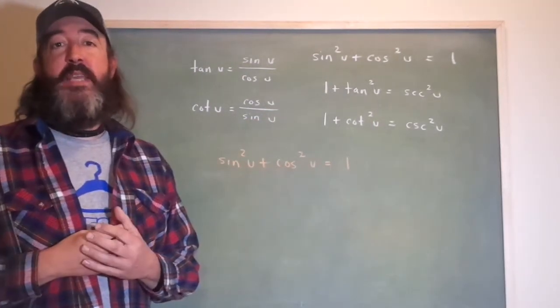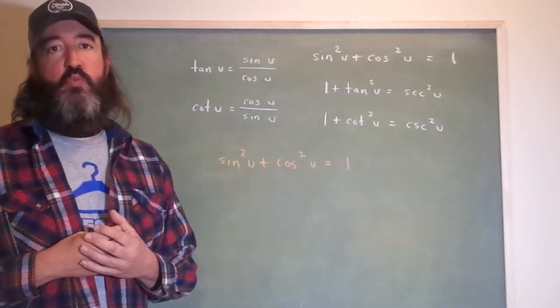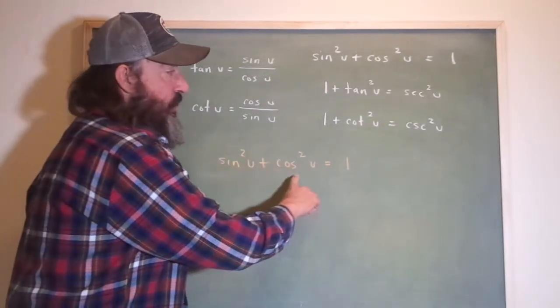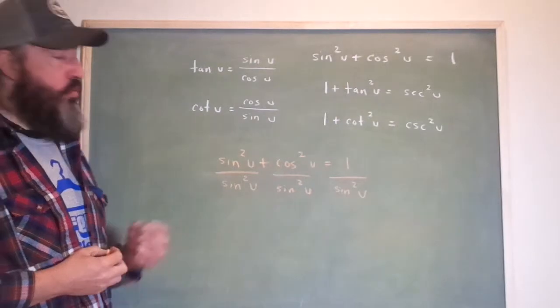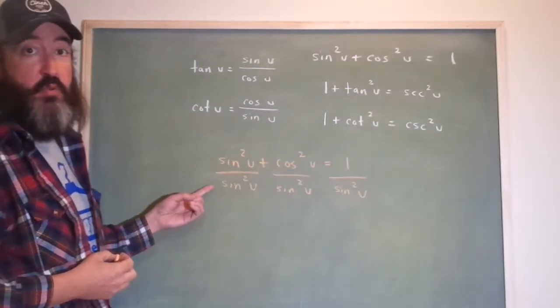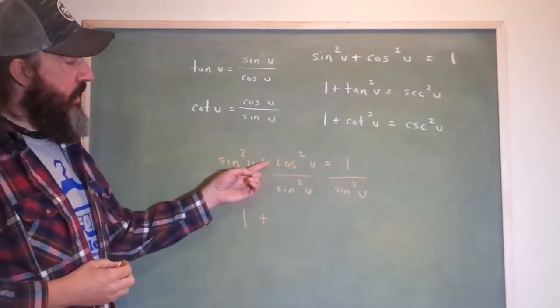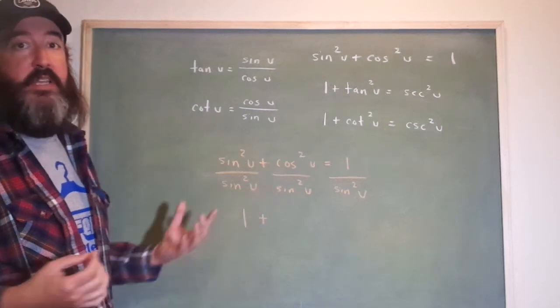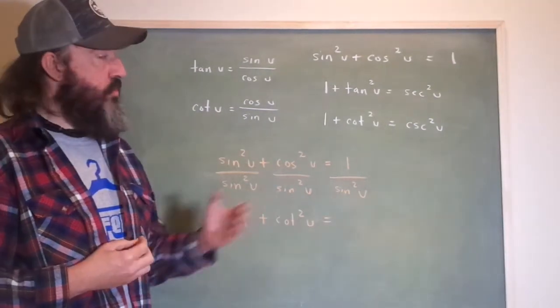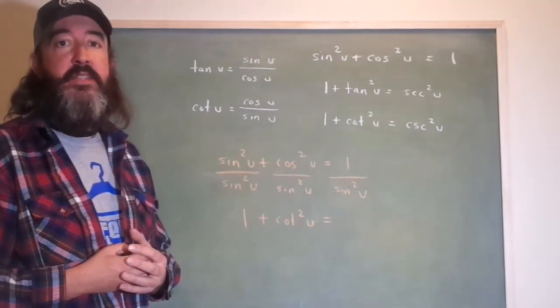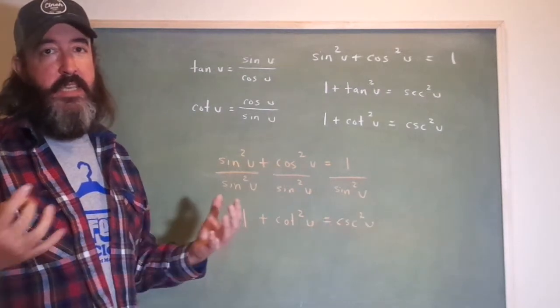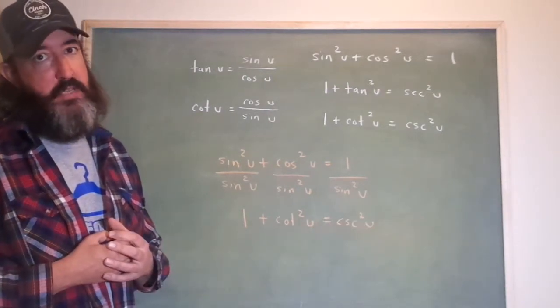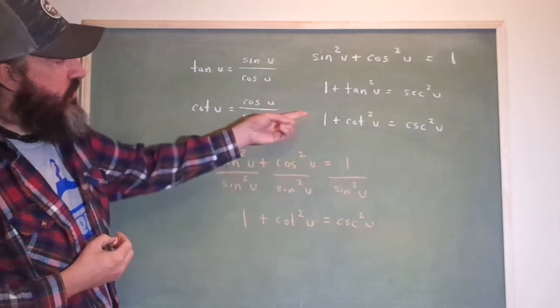Watch what happens if I take my sine squared plus cosine squared equals 1 and I divide each term by sine squared. Well, sine squared divided by sine squared is of course 1. Cosine squared divided by sine squared is cotangent squared. And of course, 1 divided by sine squared is cosecant squared. As you can see, if you can remember sine squared plus cosine squared equals 1, it's quite easy to uncover